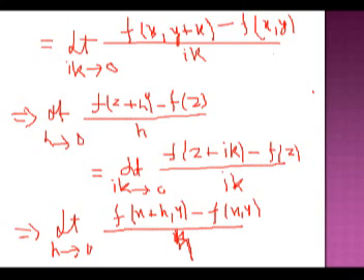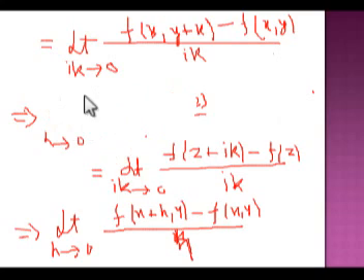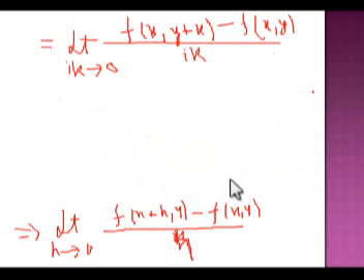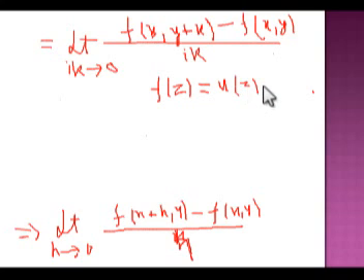Now we know that if z is equal to u plus iv, we have taken that f(z) is equal to u(z) plus iv(z). f(z) consists of two functions, u(z) plus iv(z). Then we replace this relation in this relation. Then we will get